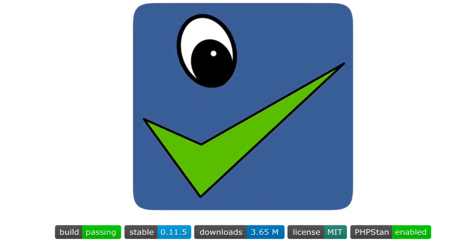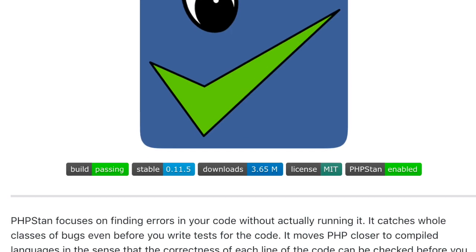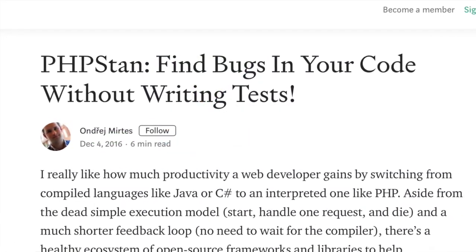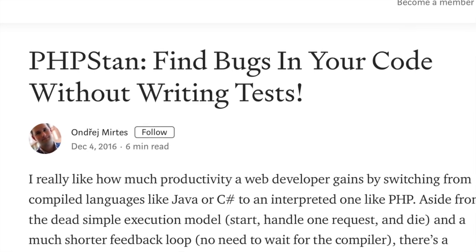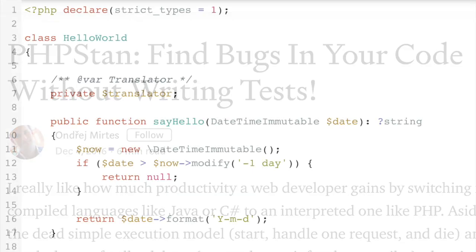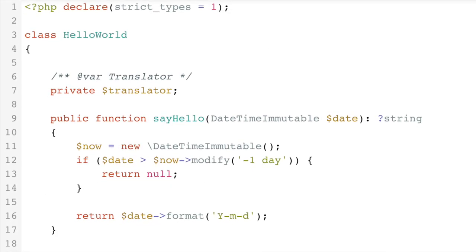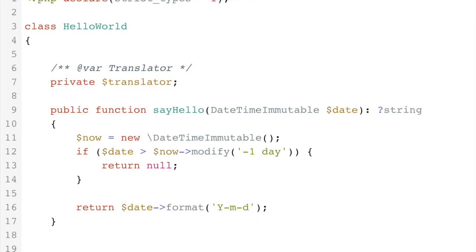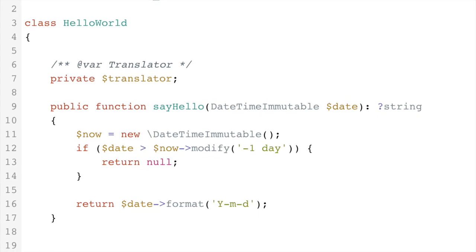Hello everyone, I'm Ondřej Mirtes, and 2.5 years ago I created PHPStan, which quickly became a popular tool for finding bugs in your source code. How does it work? It leverages all the type information that you spread throughout your code. Parameter types, return type hints, all the different PHP docs, and uses them to tell you that you're calling an